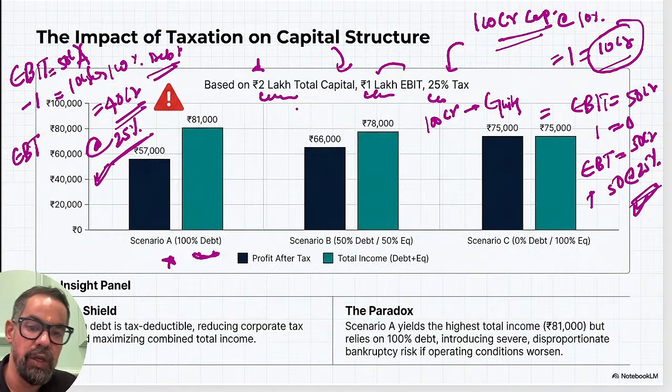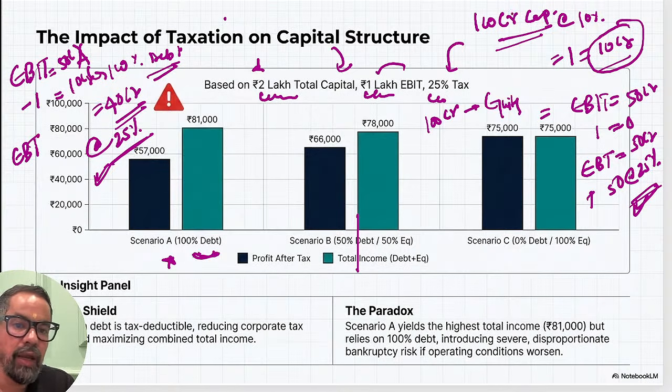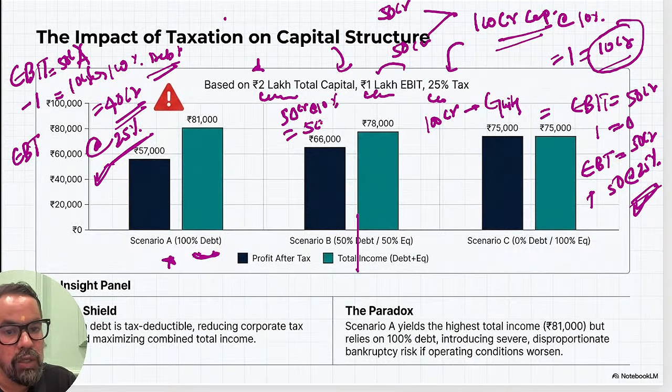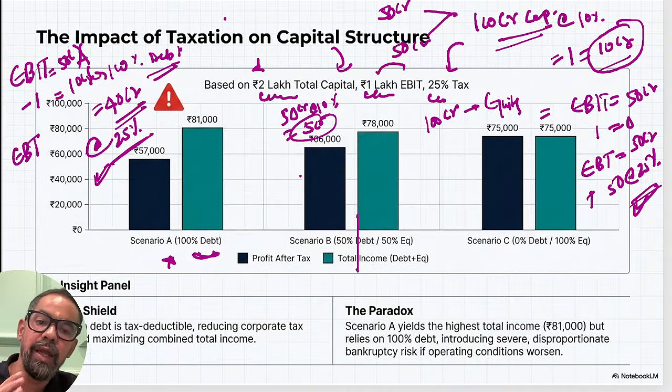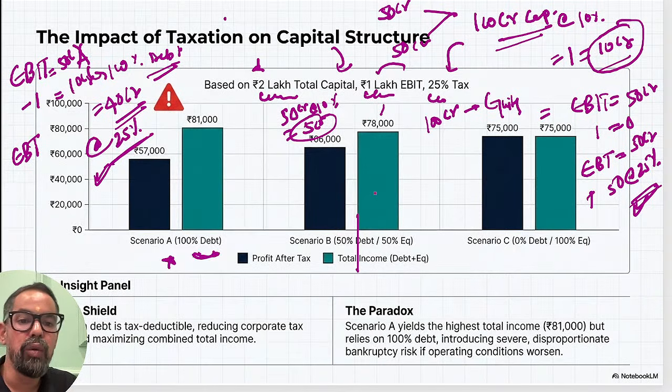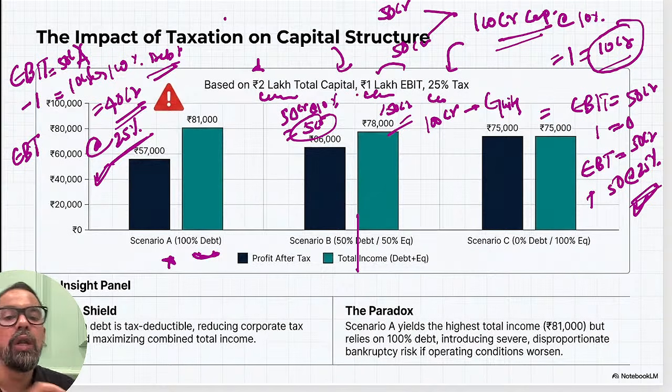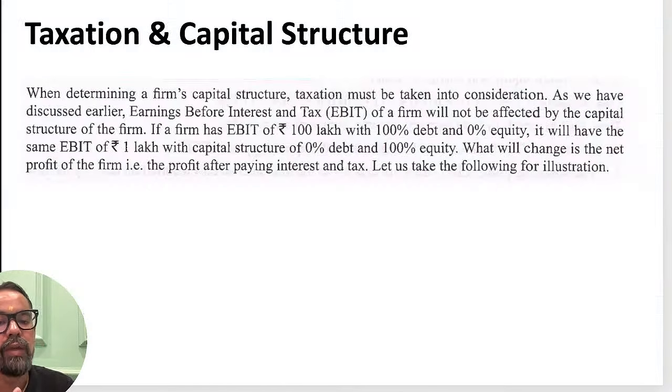If it is a combination, 50% debt, 50% equity, let's say we have taken 100 crore rupees, 50 crore rupees with debt and 50 crores with equity. So on 50 crore you will be paying interest at the rate of 10%, which is equal to 5 crores. So that 5 crore interest will get deducted from your EBIT, and the equity portion will remain the same. That remaining 50 crores will be as it is in this particular case. So that is how you are leveraging from this particular one.